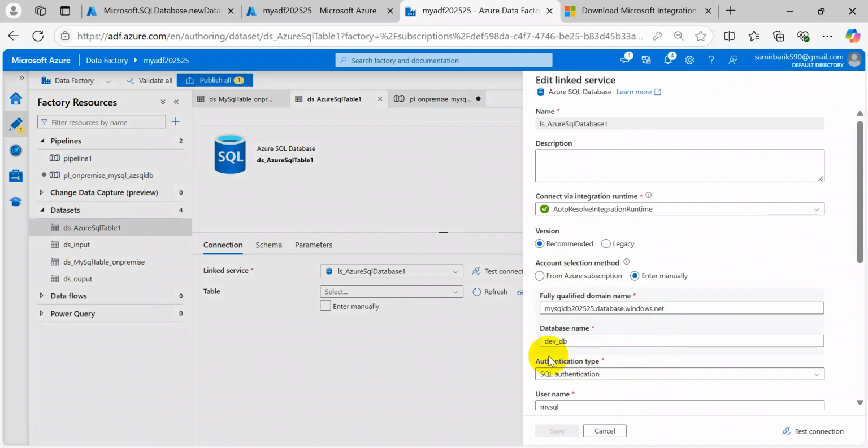Yeah, you can see here. So what we'll do, our table from the on-premise will be copied inside the Azure SQL database dev_db. Under that, the table would be created automatically. Okay,